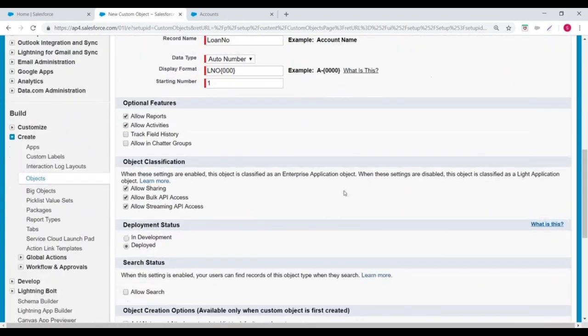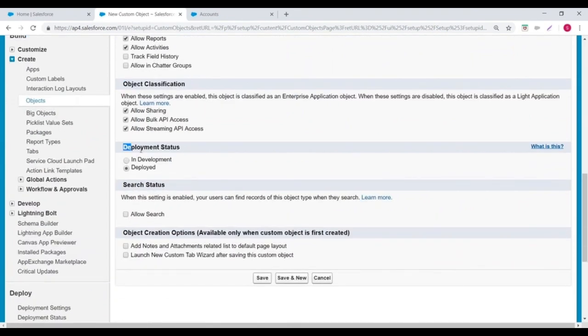Allow reports, allow activities, object classification we already know, deployment status deployed, allow search. If I select the last option,